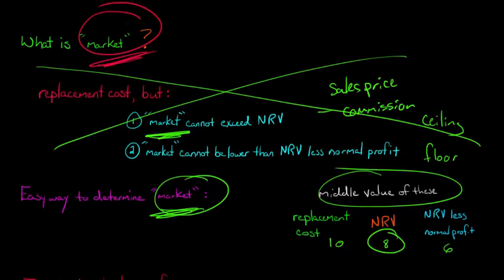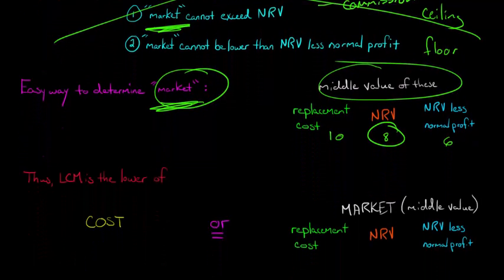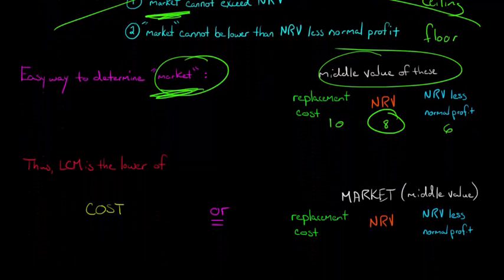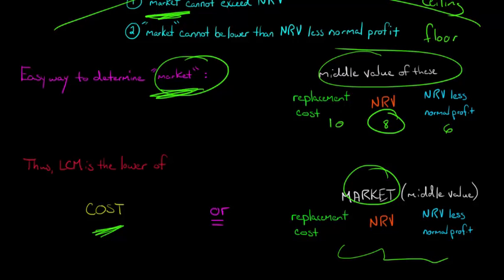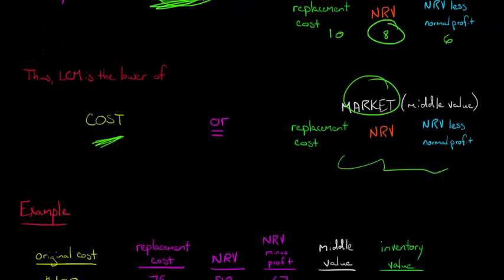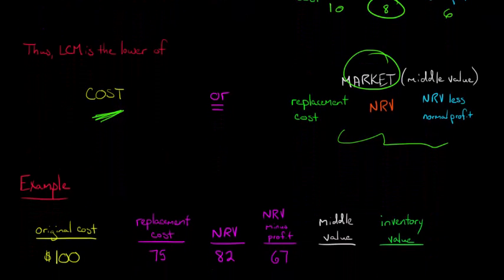So let's walk through an example. It'll make it a little bit easier. Again, we're just going to be taking the lower of cost or market, which is the middle value of these three here. We're just going to apply that in our example, and it'll make it a little easier for you to understand. So let's say that we have some inventory that the original cost of this inventory was